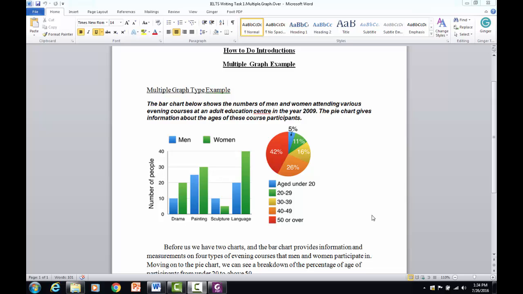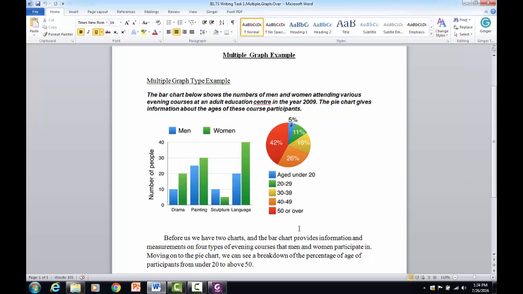Okay, so now we're looking at doing the overview for this graph. We've already done the introduction, right? We have our introduction right there, and I talked to you about how when you have multiple graphs like this,